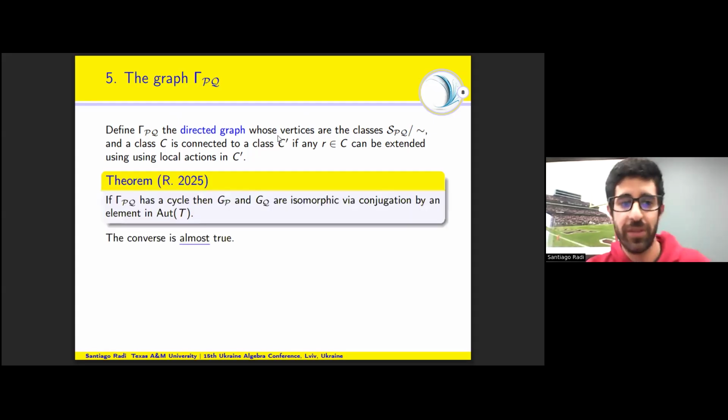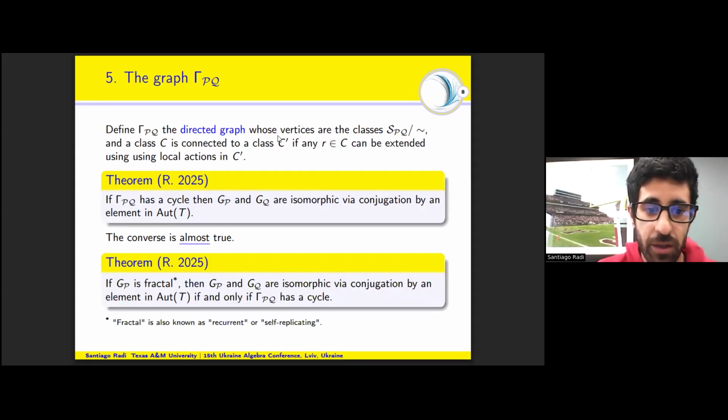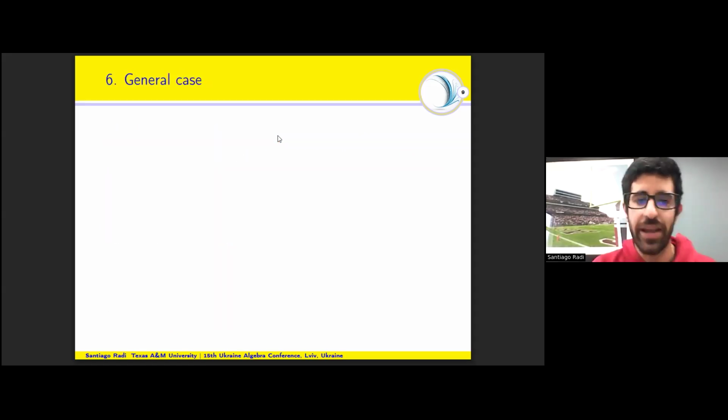And when we do that, we obtain this result that says that if this directed graph has a cycle, then GP and GQ are isomorphic via conjugation. And what is interesting is that the converse is not really far from being true, because if the group is fractal, it is an if and only if. Fractal is the same as recurrent or self-replicating. The same concept has different names depending on the author. So maybe if you know one of these names, I'm talking about the same thing. Okay, so that's about